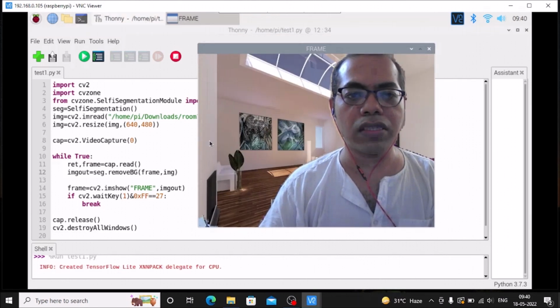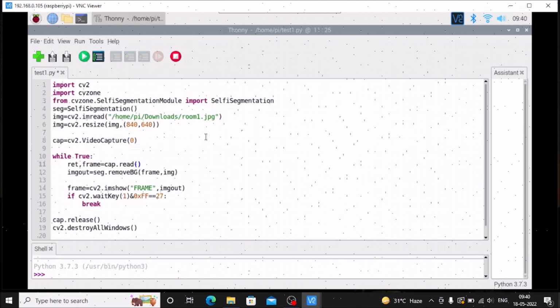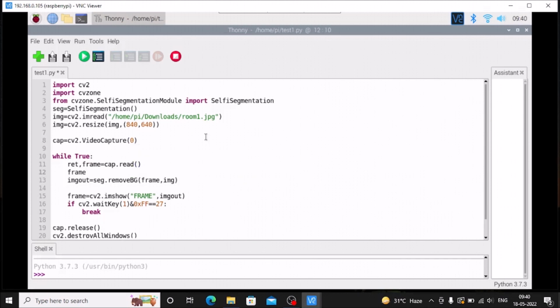as you can see, we now have an image as our background. Now we are going to change the size, let's say 840 and here also 640, and we are going to resize our frame also. So frame is equal to cv2.resize, and inside that I mention frame, and the width and height, which we want to keep the same, so 840 and 640. Now if we save the code and run the code,